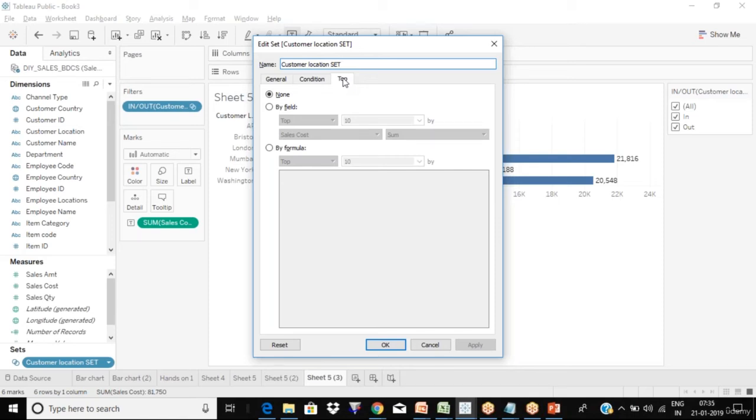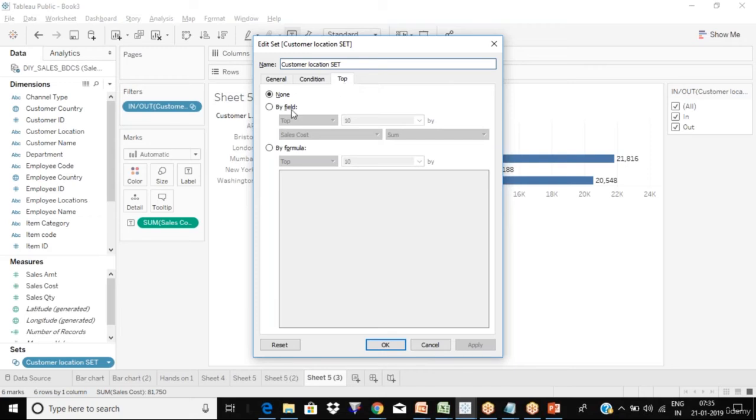But how do we define top and bottom? Based on a certain condition, right? You want top 10 customers based on sales, or based on profit, or based on annual revenues. So Tableau has given us that feature directly.